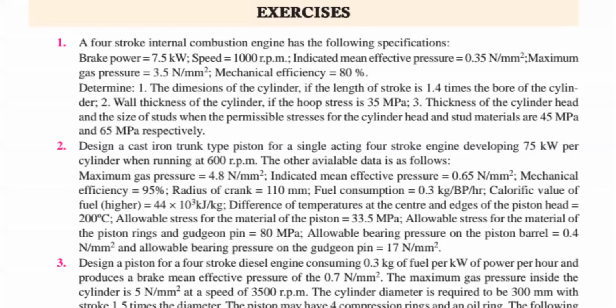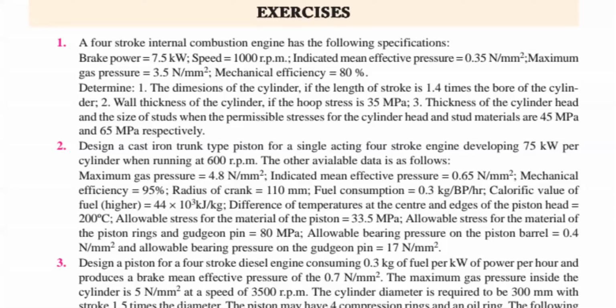If it is not available, try to pick up the data from your design procedure, like the hoop stress or circumferential stress or something like that. But fortunately, the hoop stress value is mentioned here, so there is no problem. Substitute those values and find the thickness value. That is the first step. Similarly, the second step: from the second step onwards, you proceed the same as your previous problem, easily.